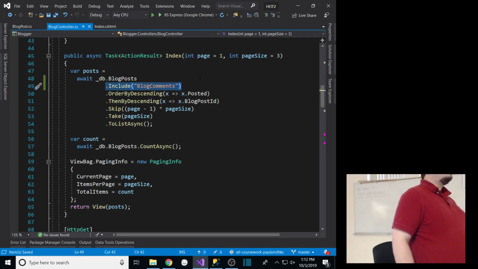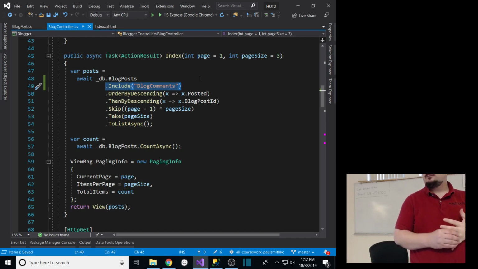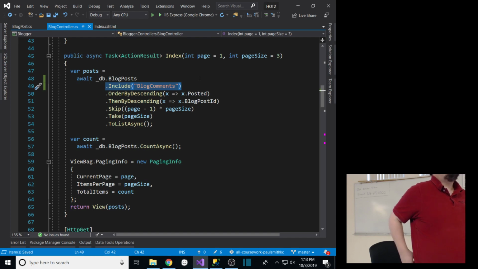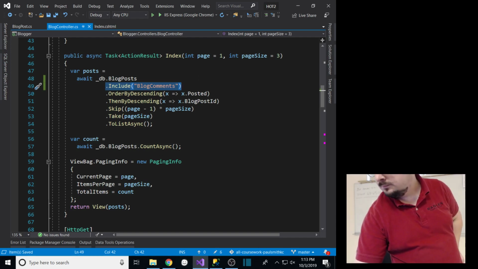So it will work just fine without that. But the thing you need to know is there's a big performance difference between eagerly loading it and not eagerly loading it. So, any questions there? That gives you some intro to navigation properties as far as how we show them. Okay, so I'm going to